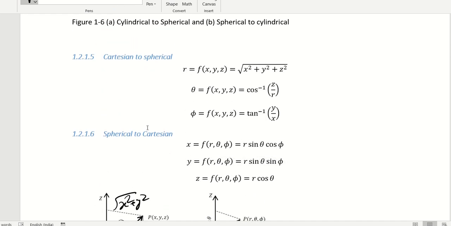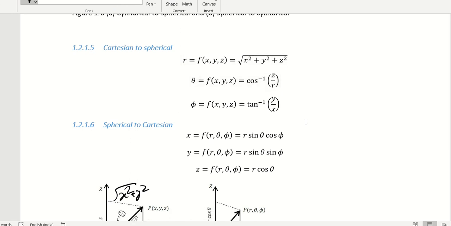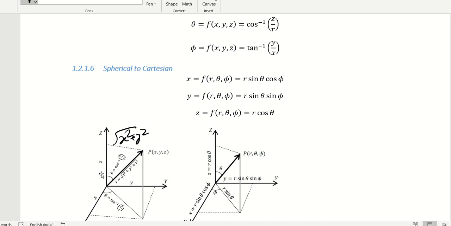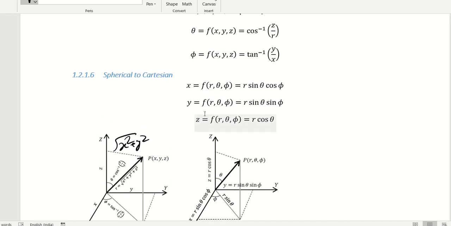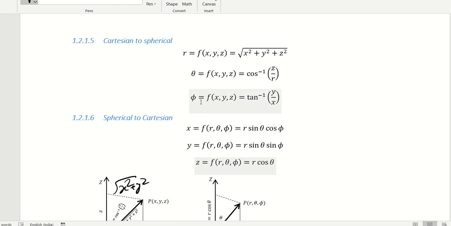See, r we have found out, theta is cos inverse z by r. So this r is already there, theta is already there. So cos theta is z by r. So r we had already found out. Same way phi will be